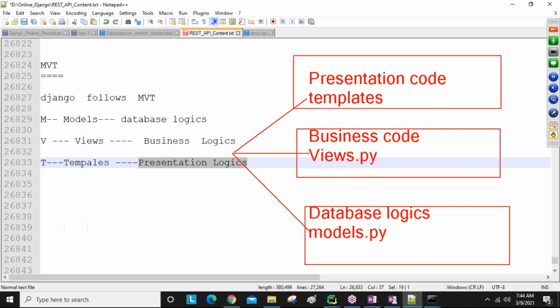So Django, guys, whenever you are attending the interview, the first question, 100% damn sure, is: tell me about yourself, your introduction, your experience introduction or fresher introduction, whatever you are putting in your resume. Next question: if you are a Django developer, then Django follows what architecture?